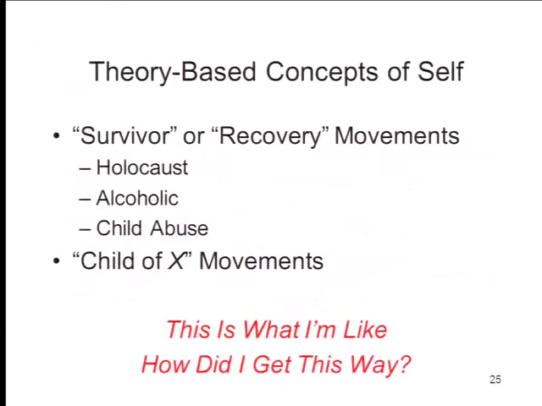Though you can see foreshadowings of it in some aspects of popular culture. So, for example, if you spend time with people who are members of so-called survivor movements, survivors of the Holocaust, survivors of 9/11, survivors of child abuse, or even these child-of-survivor movements where people will identify themselves as children of alcoholics, not alcoholics themselves, but children of alcoholics, what you see in these groups, in these individuals, is that they have a theory that explains how they became the people they were. Not just a list of their attributes, but an explanation of how those attributes came to be.